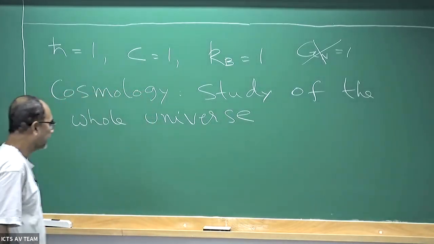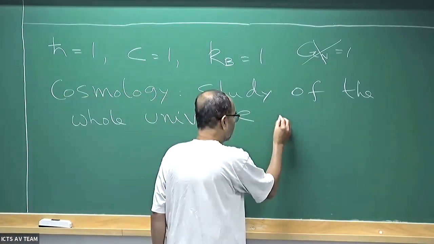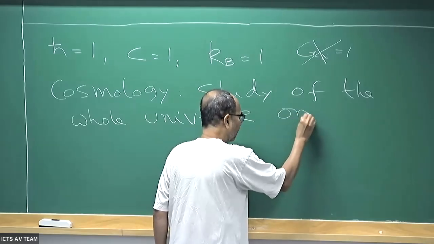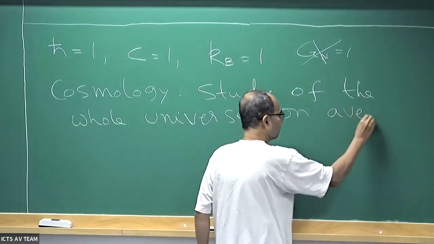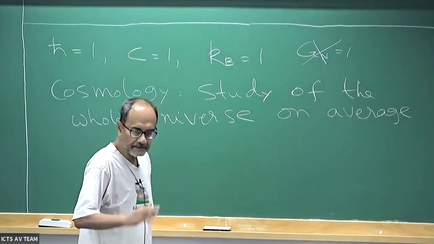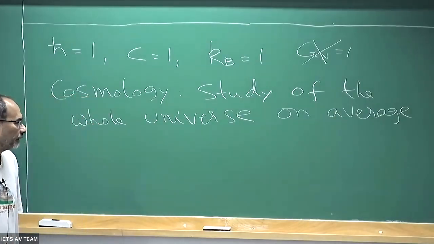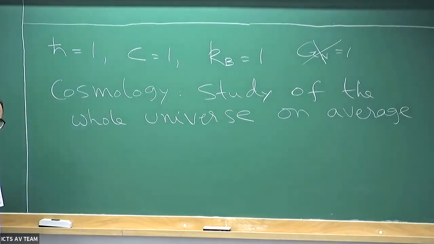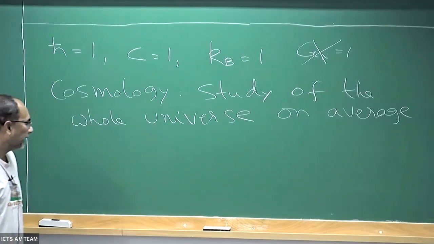So we study the whole universe, but on average. We will not be able to predict what happens in different places of the universe, but we will study the average properties of the universe. And the first